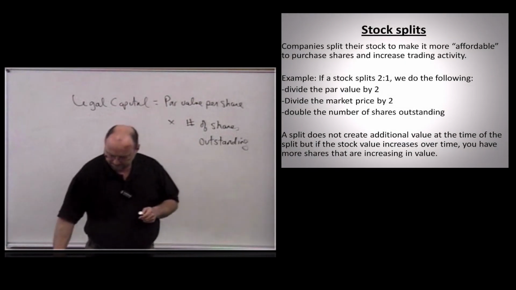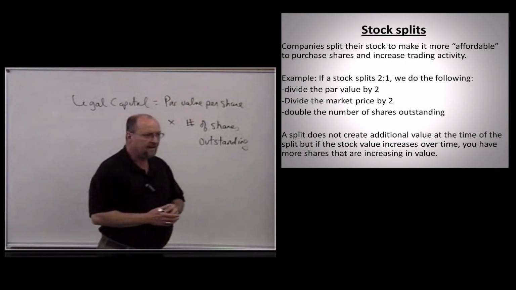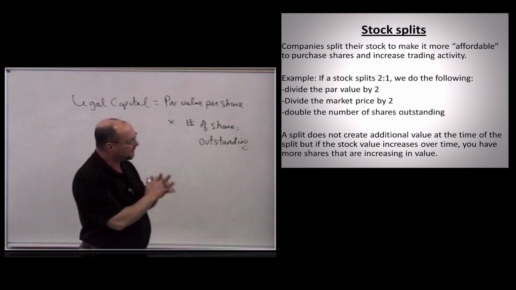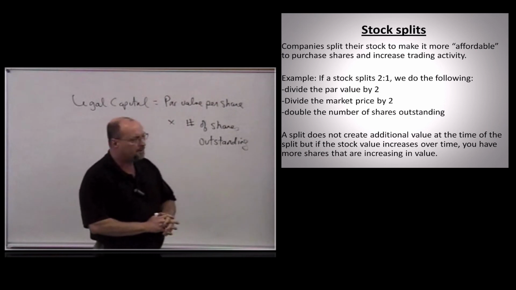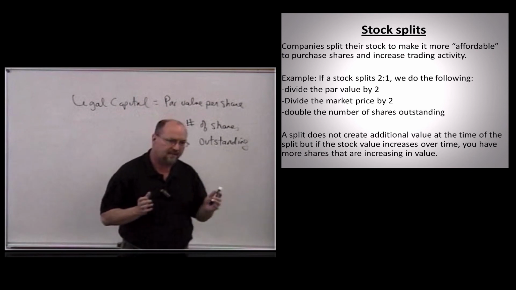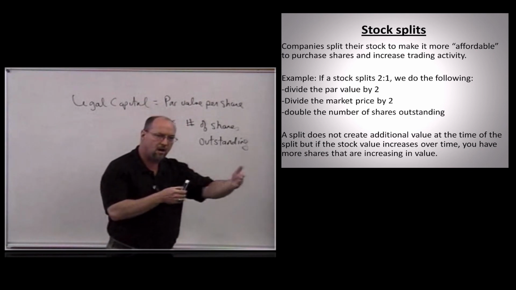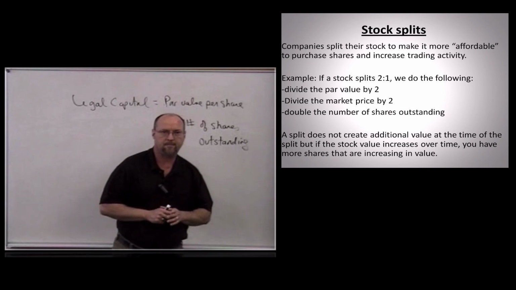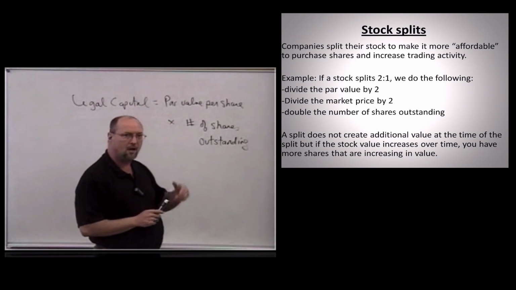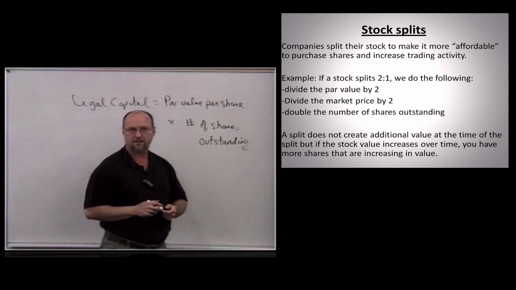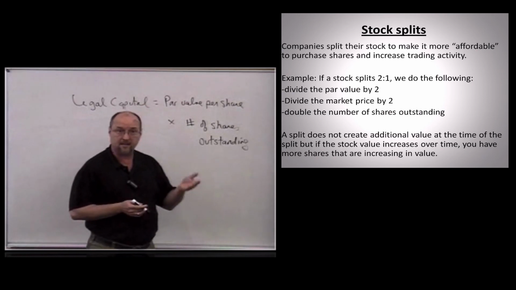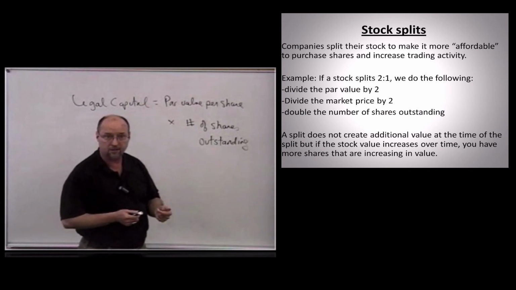Stock splits. Have to give a little bit of historical background to appreciate stock splits. They're not quite as common these days, but prior to trading over the internet and all the competition that set in when we had all these online brokers, people used to buy and sell stock in what they called an even lot of 100 shares or 200 shares or 300 shares. You didn't trade in odd lots. An odd lot is something other than 100. It might be 75, 37, 63 shares.